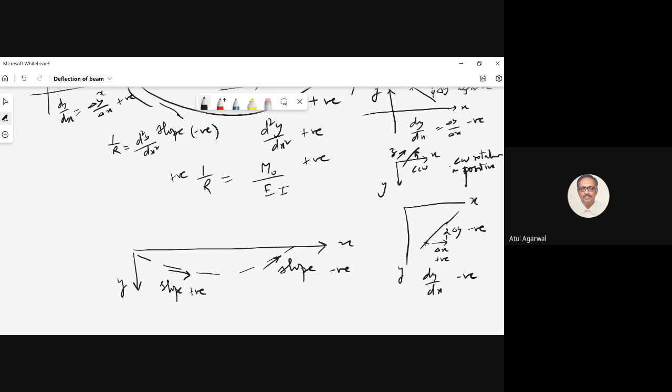When you have a coordinate system where the y-axis is upwards positive, then you have a coordinate rotation which is counterclockwise positive. You see here, you turn x to y, this is a counterclockwise rotation, and your right hand screw will come towards the z axis. So you have a rotation counterclockwise positive.